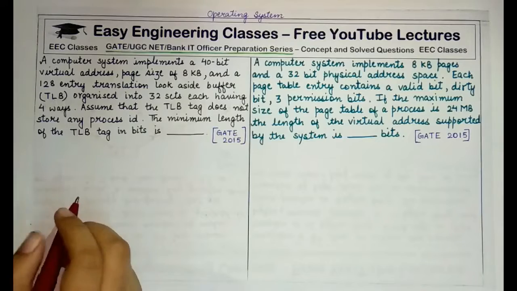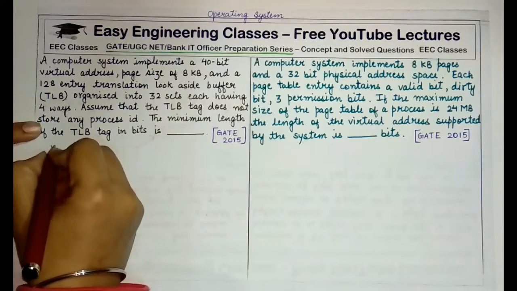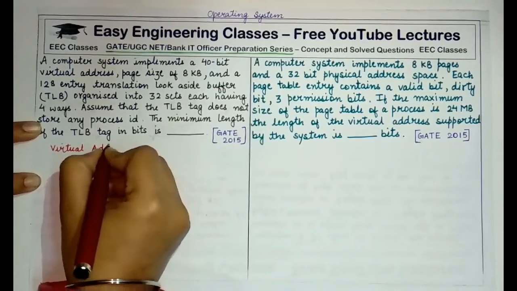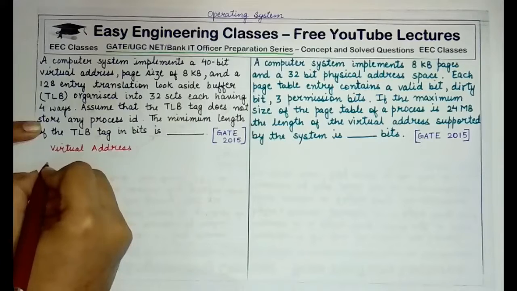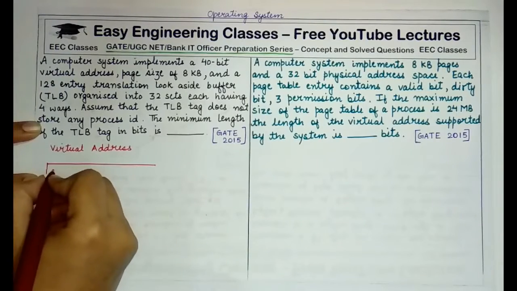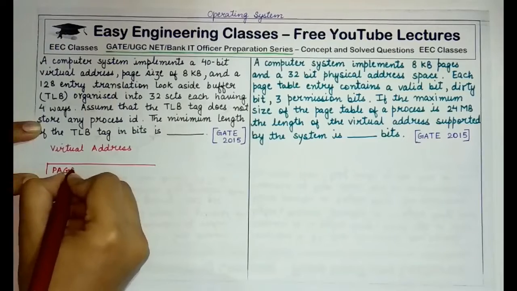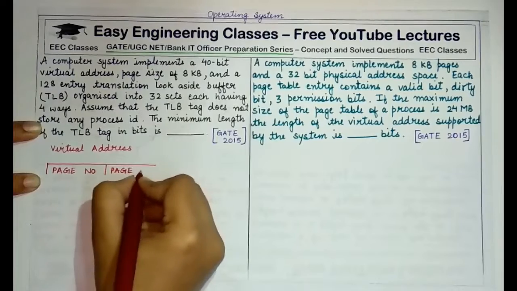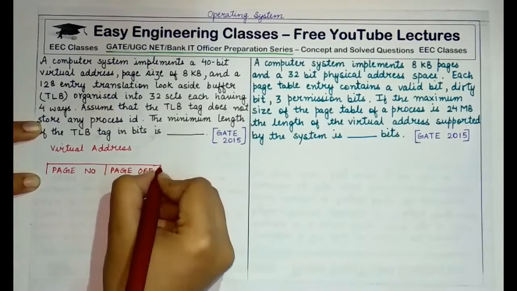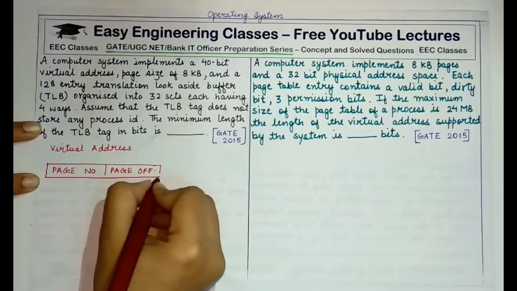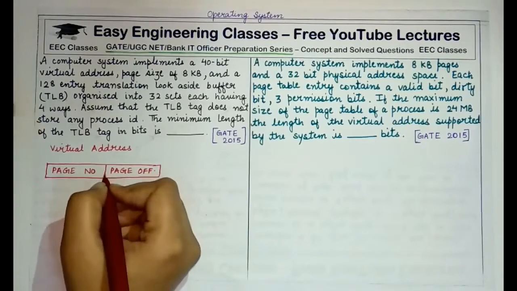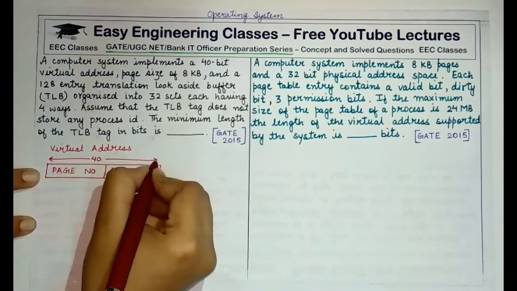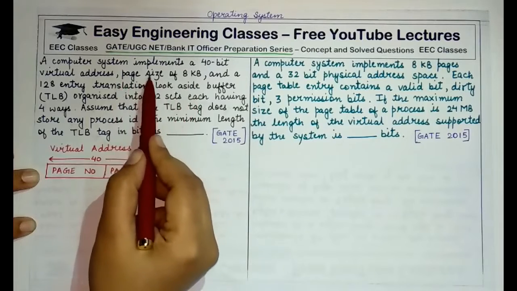Okay, so one thing that you need to know here is that whenever we talk about a virtual address, a virtual address consists of two major fields, and those two fields are the page number and the page offset. Here we are told that the virtual address is of 40 bits. So this entire value is 40 bits in length, and we are also told that each page size is